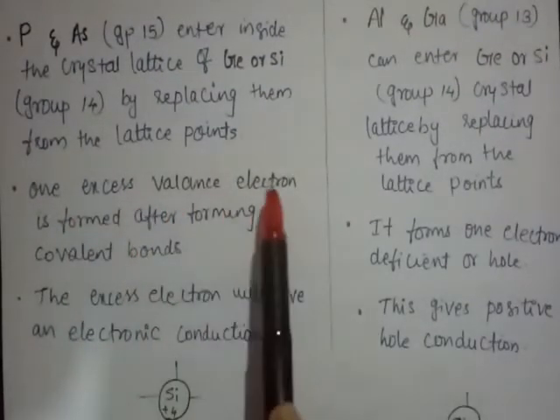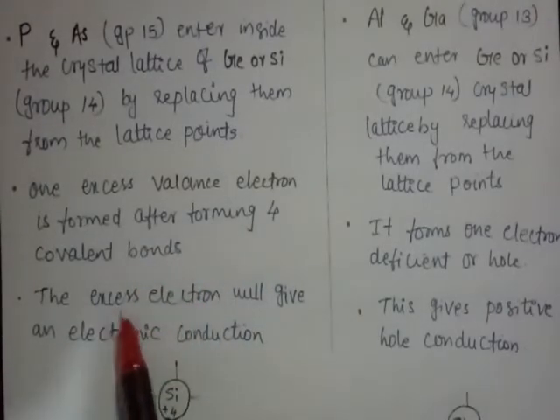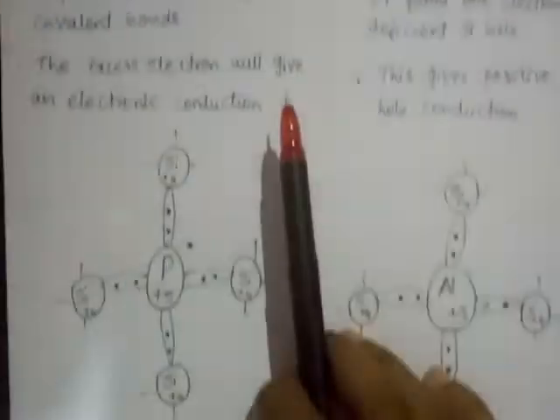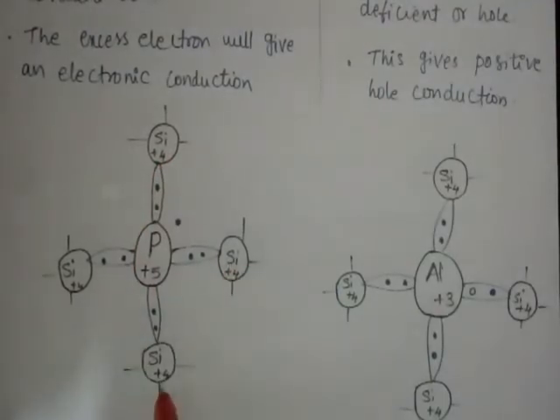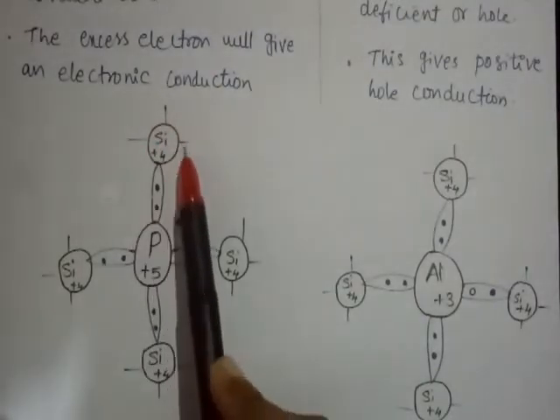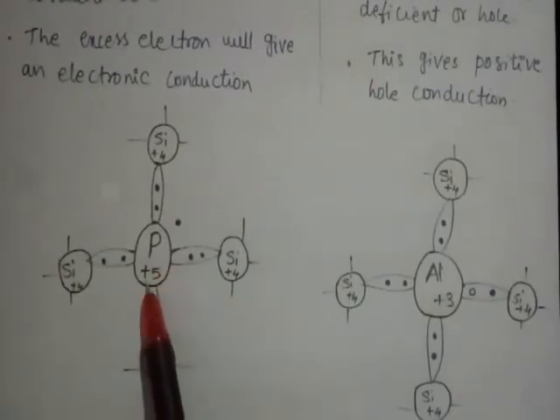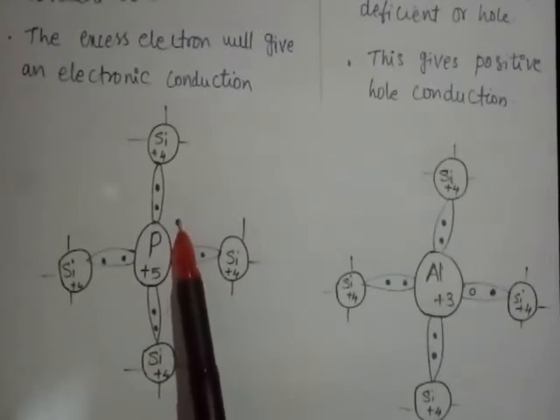The excess valence electron is formed after forming 4 covalent bonds. The excess electron will give an electronic conduction. Okay, its diagram is like this, because this silicon is our normal intrinsic semiconductor and its valence is 4. 1, 2, 3, 4. When we are adding an impurity like phosphorus, its valence is 5. So it will form 4 covalent bonds with silicon, and also 1 free electron will be here because its valence